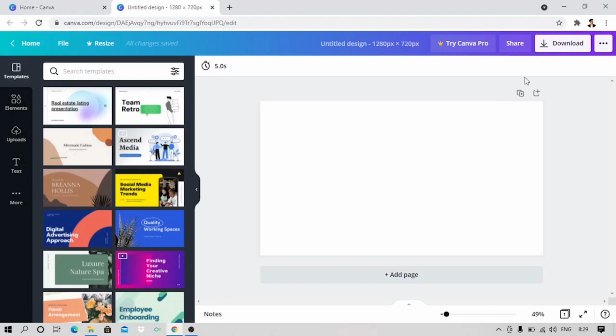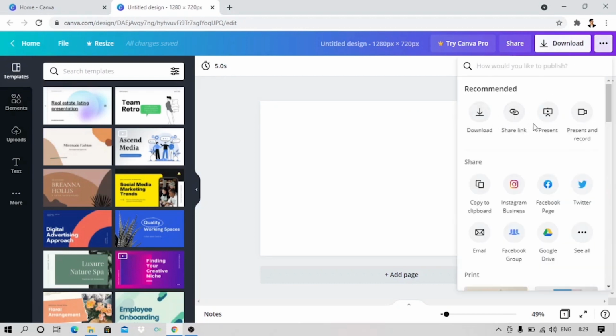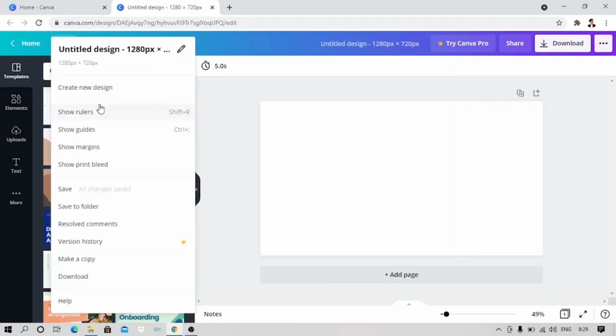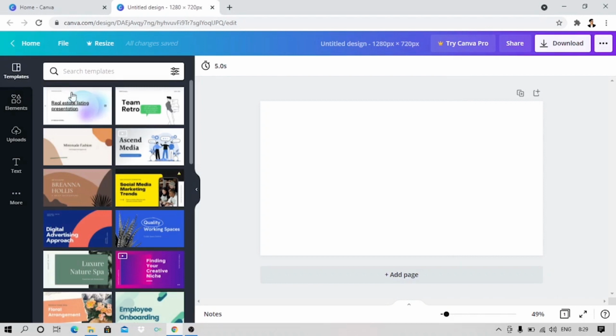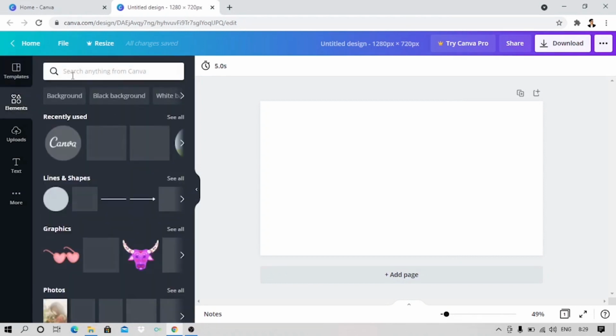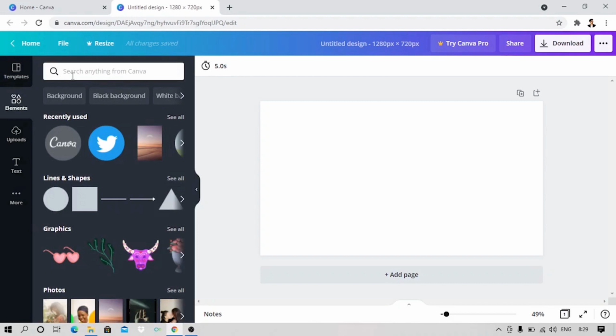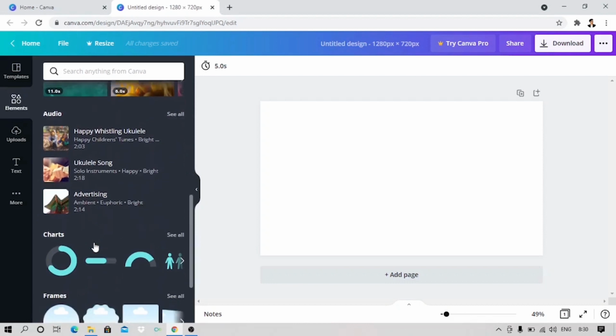In the middle, you have a variety of options available here. On the right, you have the download option, many things to download, share option, Canva Pro, untitled where you name your title, and the files option for you to start a design, save and stuff, all the things you can do here. On the left, you have tools, templates in various amounts, elements that you can search such as photos, shapes, all the accessories available right in the elements.